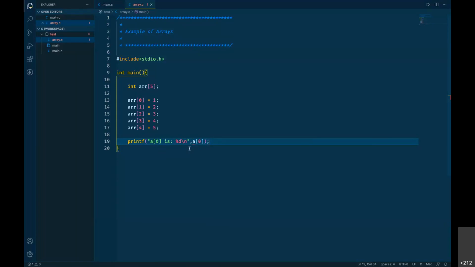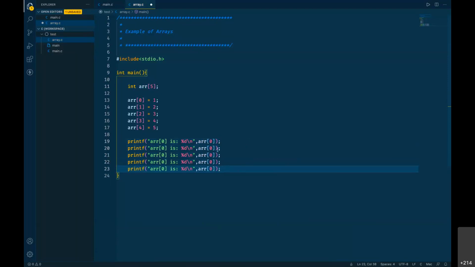Now we want to print that. What is the problem? Sorry, I need to go for ARR, that's what my variable name is. So let us print ARR of 0 is ARR of 0 value. And we can print all the values if we want: ARR of 1, ARR of 2, ARR of 3, ARR of 4, and so on. We can simply print those values this way.